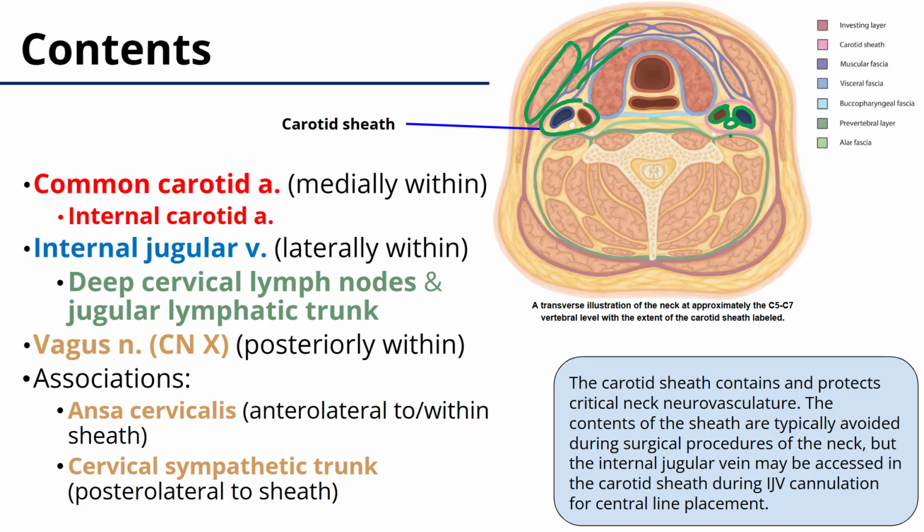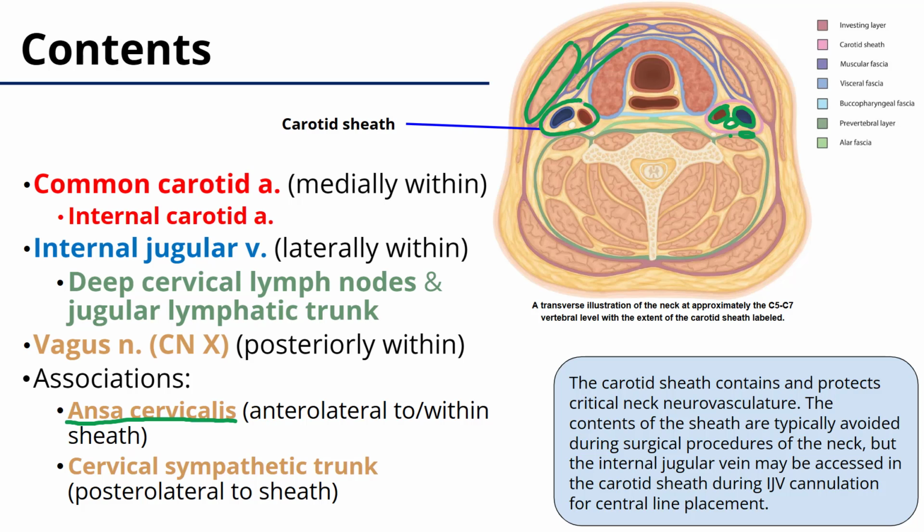And then we have a couple of variable associations with the sheath. Sometimes the ansa cervicalis, so that handle of the neck from the cervical plexus, may be found anterolateral to the carotid sheath. Sometimes it may even be within the fibers of the carotid sheath, so sometimes we count it as a content of the sheath itself. The cervical sympathetic trunk may be reliably found posterolaterally to the carotid sheath,